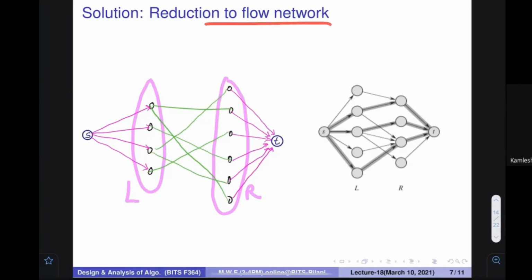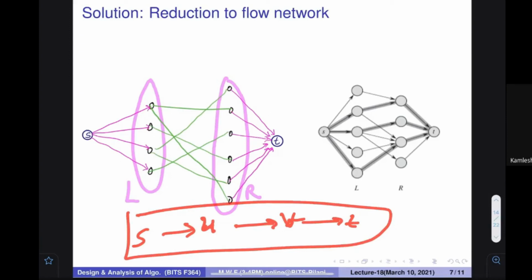The flow that you are going to come up with is going to be something like this because of this flow regularity condition and the carefully selected capacity constraints, and because we are not going to send any flow that is less than one. It is only going to be of this kind of network. Here you can see that this is also independent, this is also independent. All the paths start from S, then go somewhere, then go somewhere, then go to T. Starting from S, they go to U, they go to V, and they end up at T. This is only going to happen.